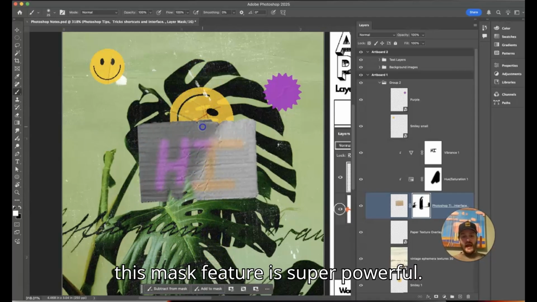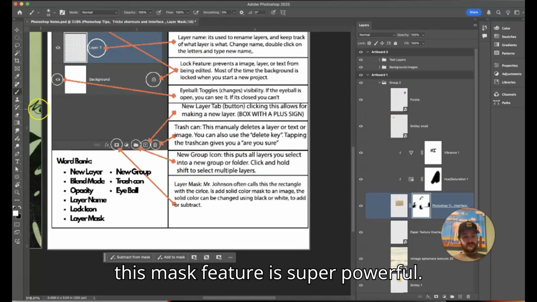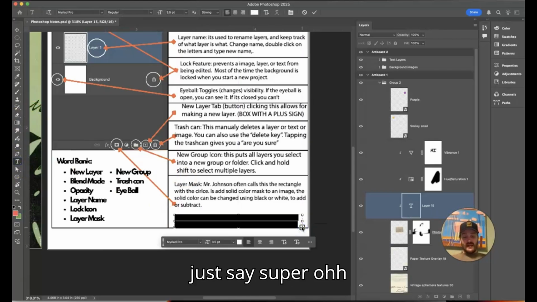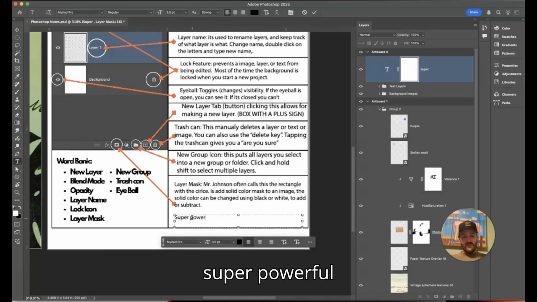So again, this mask feature is super powerful. It can be confusing, but I'll just say super, super powerful tool. We will talk about this later in